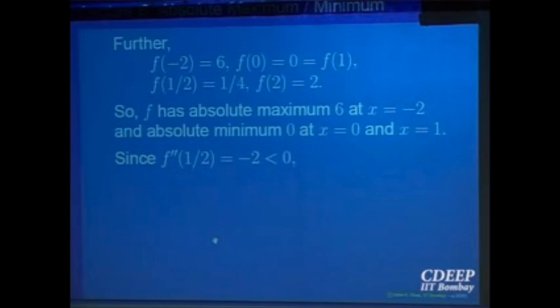Okay. There is a point at half where you don't know. You say it's not a point of absolute maximum or minimum because the function is differentiable at that point. Second derivative also exists. You can apply, if you like, the second derivative test to analyze what kind of point x is equal to half is. So second derivative gives you less than 0, so it is a point of local maximum.